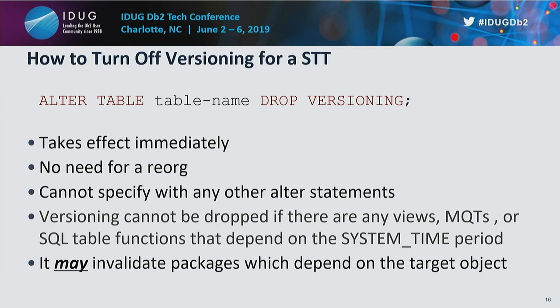So now that we have it on, we have the system-period temporal table going over to the history table. How do you turn it off? Well, it's simple. You just drop your versioning. So you alter your base table, drop versioning. It's immediate. No need for a reorg. There are no advisory flags, no restrictive flags. You can turn it on and off at your leisure, at your heart's content. So if you want it on for a couple hours and then turn it off, you can do that. The only thing is, you cannot specify this alter